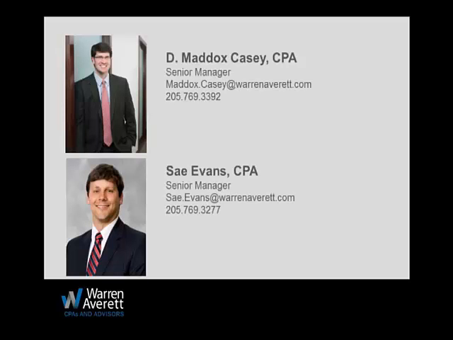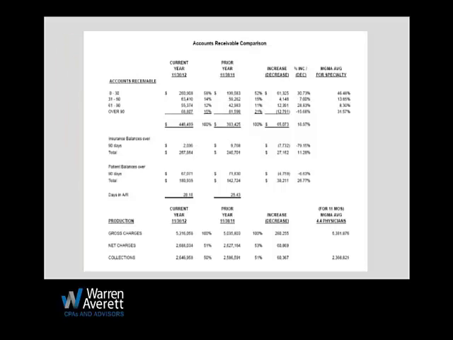So as we jump in, our first sheet that we're going to look at is a sheet that we actually use for most of our clients, and we think is a good sheet, a diagnostic, a benchmark, a pulse, whatever you want to call it, of your practice, of your accounts receivable comparison, and your production and your collections. And as we look at this, we usually begin with accounts receivable and an aging analysis. And we're looking at 0 to 30 bucket, 31 to 60, 61 to 90, and over 90 buckets. And those buckets are telling us where we stand in the number of days, obviously, outstanding for our claims that